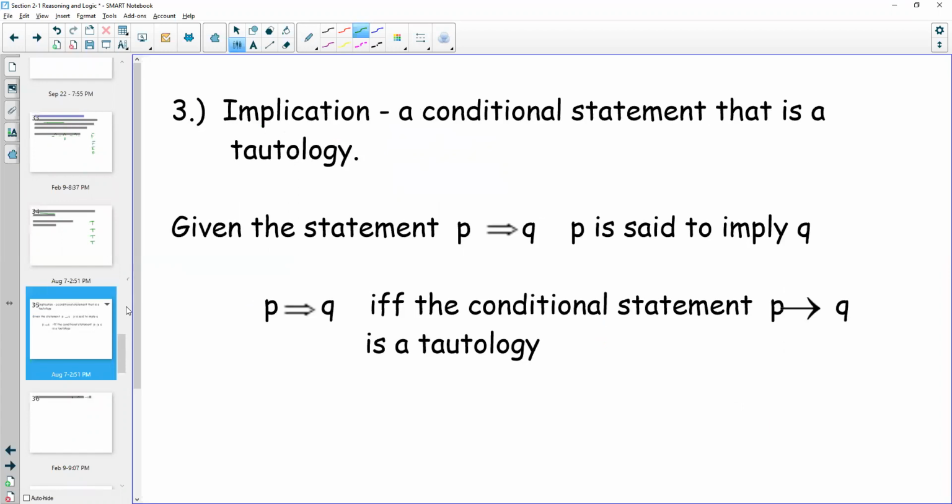An implication is a conditional statement that's a tautology. Basically, what it means is, we use this symbol for implication. When P implies Q, like if I tell you something and it implies something else, that means it's a tautology, it's going to happen. If I imply I wear only pink all the time, I imply that my favorite color is pink, and it's a safe assumption at that point, right? So that's what an implication is. When we imply something, that's what we're giving off, right?